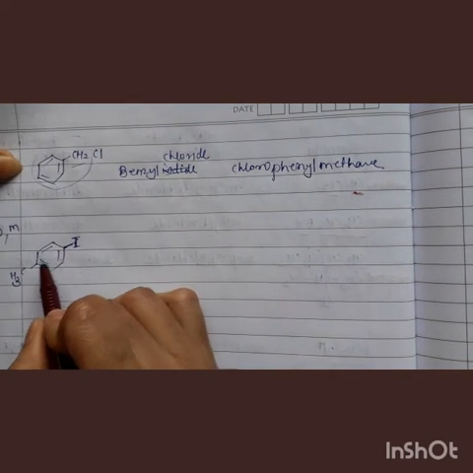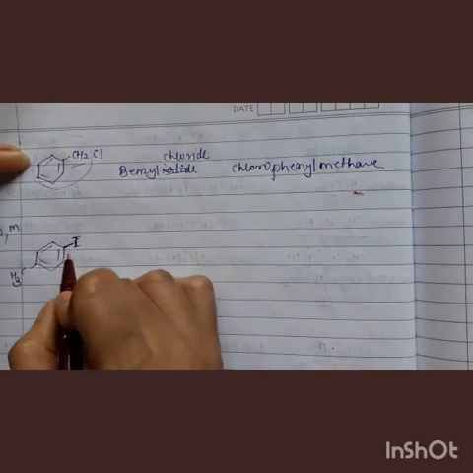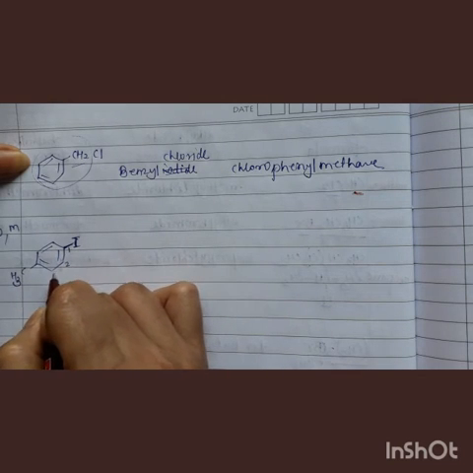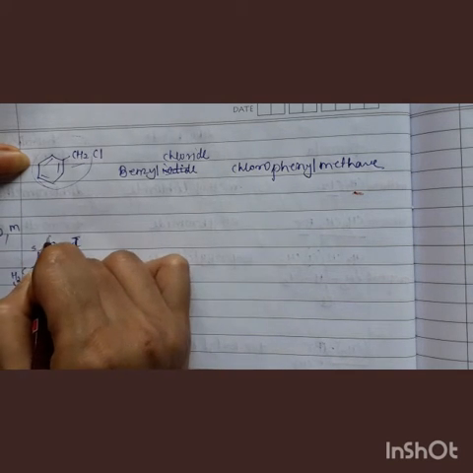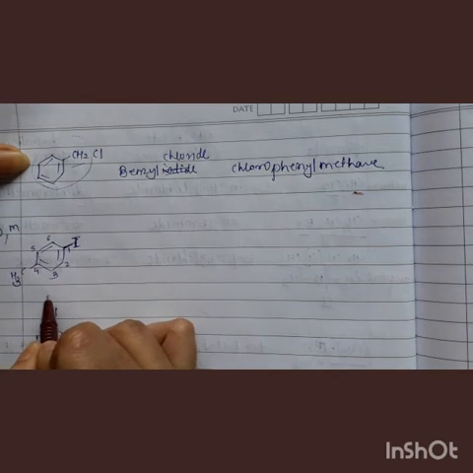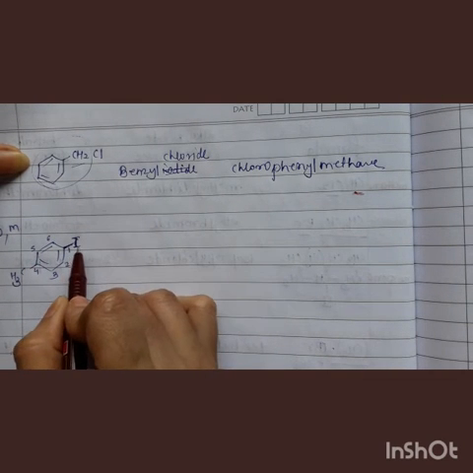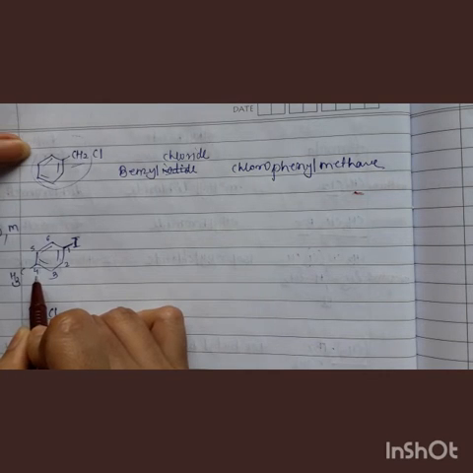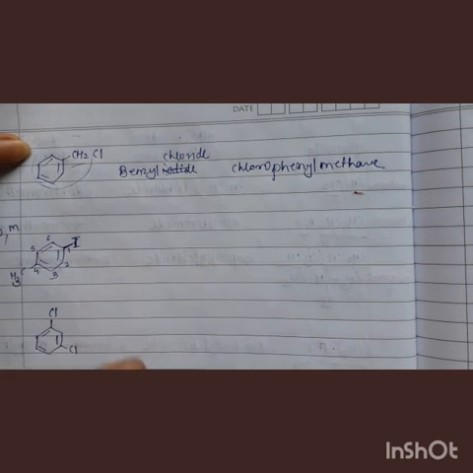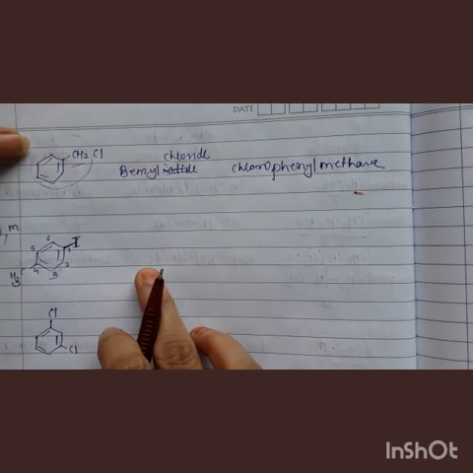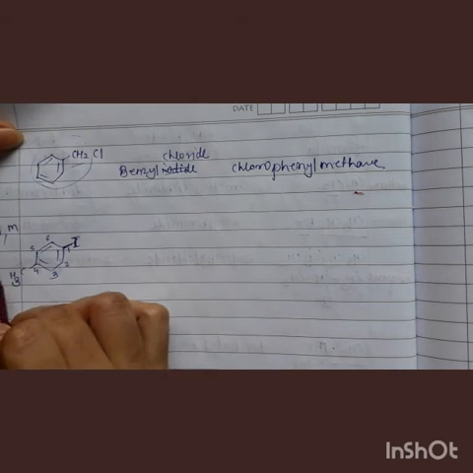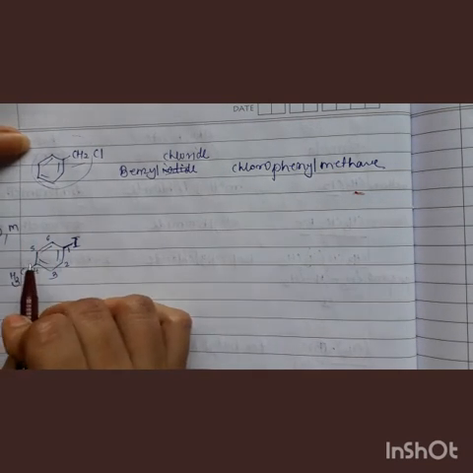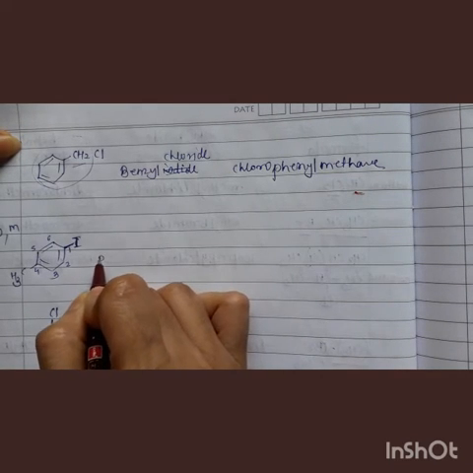So this position 1, 6 position is there. If we do numbering 1, 2, 3, 4, 5 and 6, and if you go from that side, then also the same situation will come. Iodine will get number 1, and methyl group will get number 4. Understand? So this position is called para position. While writing common names, we have to mention the position, whether they are para, ortho or meta. So here it is para position, para,